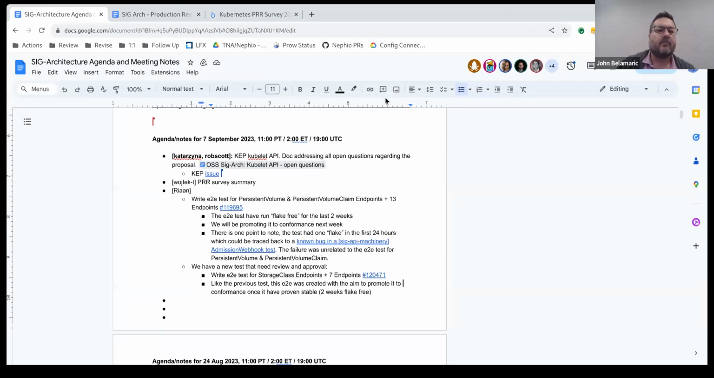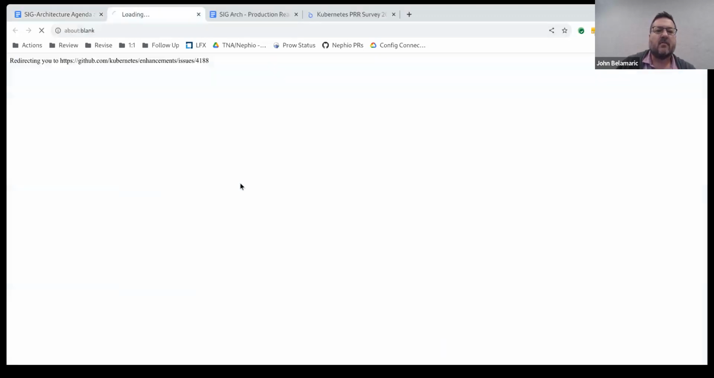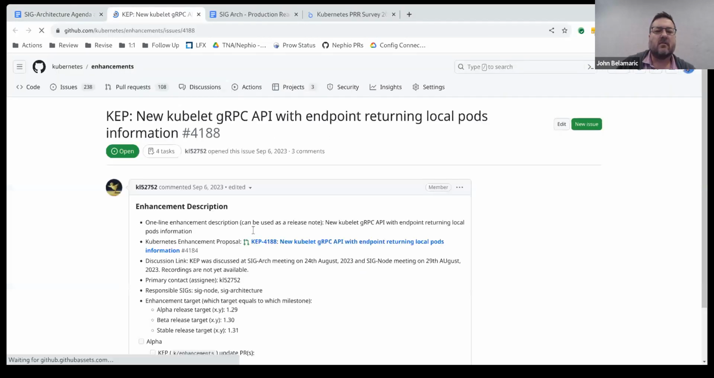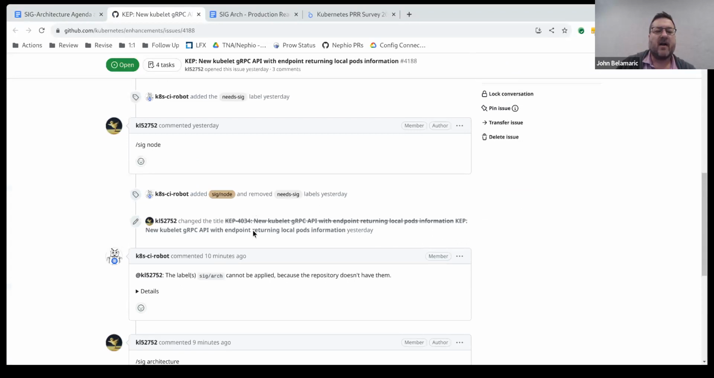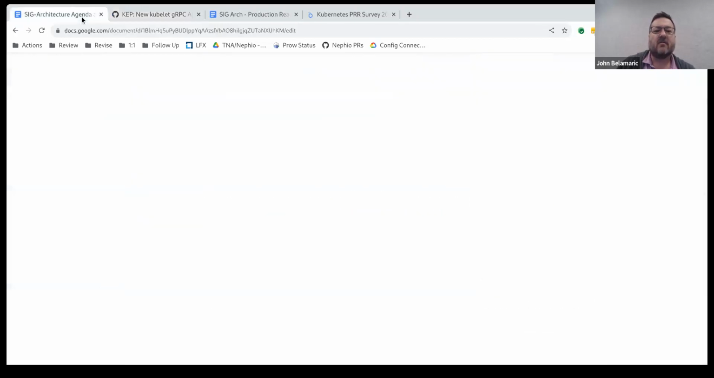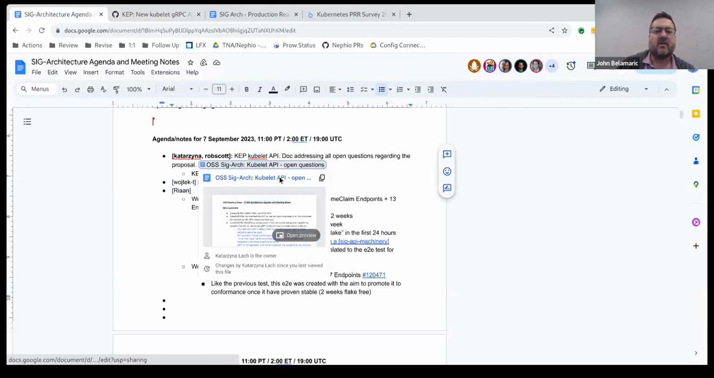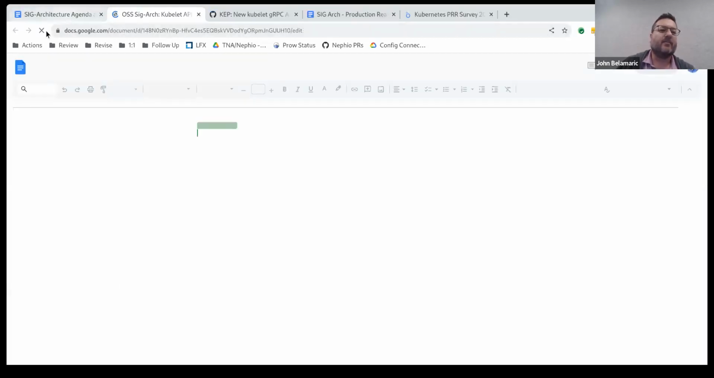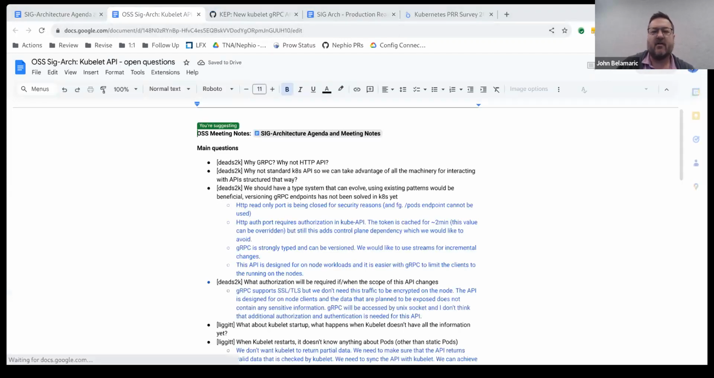And looking at our agenda, the first item is the kubelet API. So I actually haven't been following this. I just looked at the document before the meeting, but it looks like there's been some discussion previously. Maybe I missed a meeting or two. But yeah, Rob or